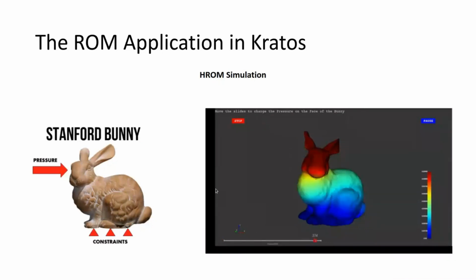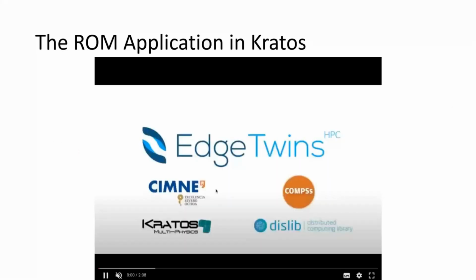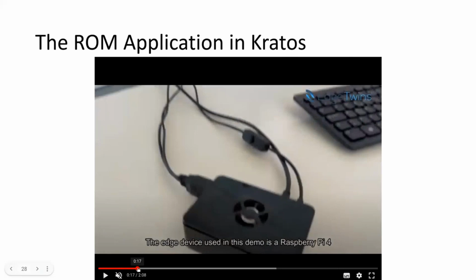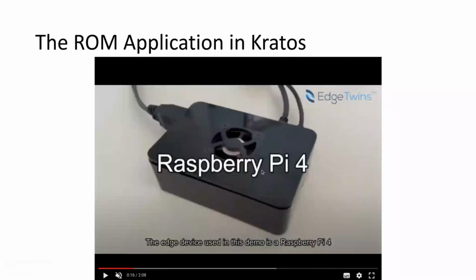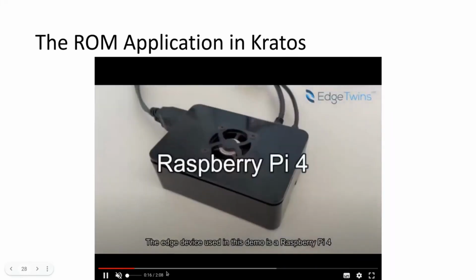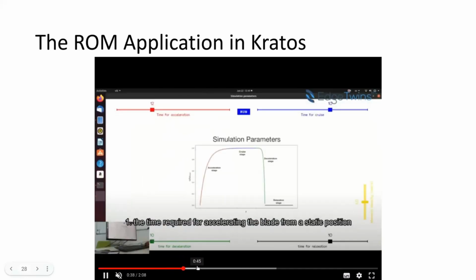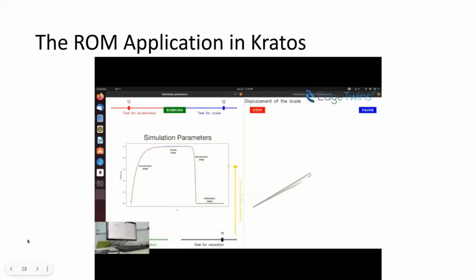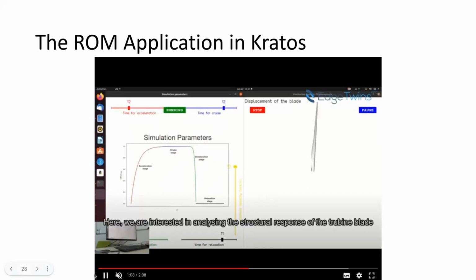And the goal of this, at least some of the applications that we have been using, for example, I can just put it in these small computers in a kind of digital twin fashion. So we put it in this small computer. The Raspberry Pi 4 already has Kratos there. It's compiled. And then we are running the simulation in this small computer. And then we can see the results in this case for a turbine blade in real time.